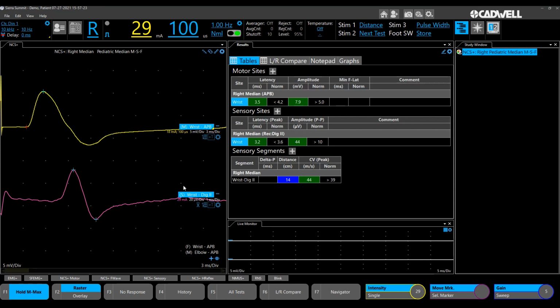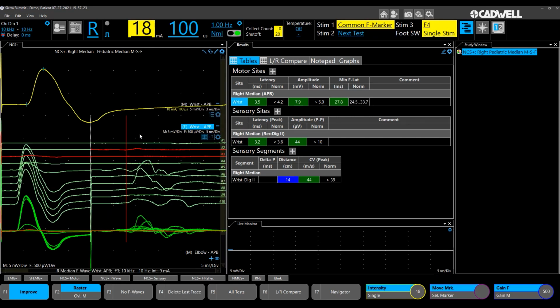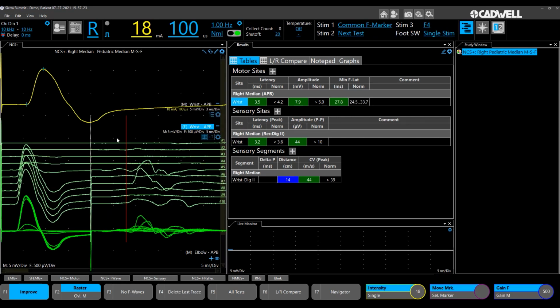you can see now with that many stimulations, we've acquired both motor, sensory, and when we go to the F wave, it's copied the trace history from the motor responses down to the F wave, so we've also collected a bunch of F waves. We can continue stimulating if we want more F waves, but you can see there in the amount of time and stimulations that it took to get a motor response, we were able to also get a sensory response and